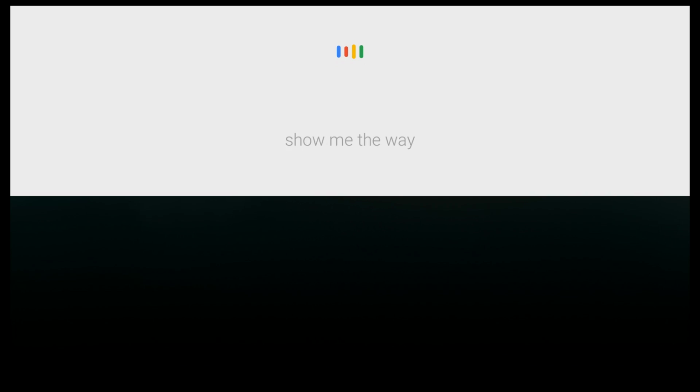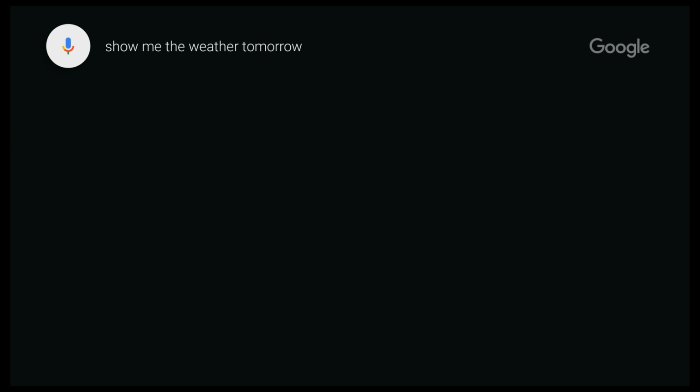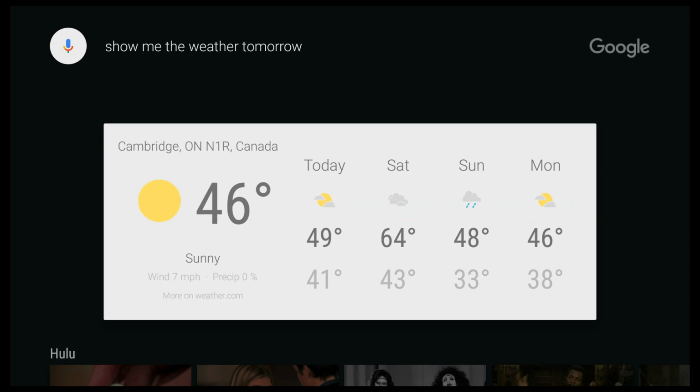Show me the weather tomorrow. Tomorrow's forecast